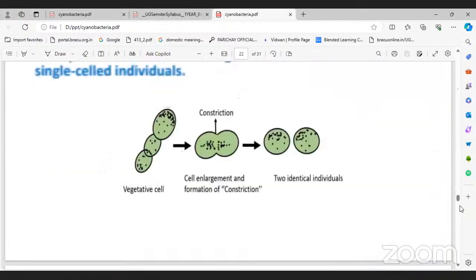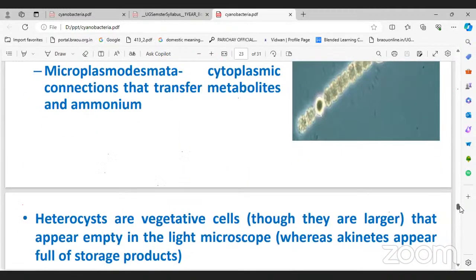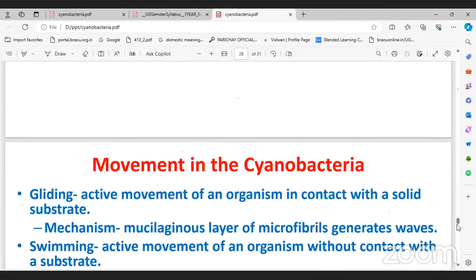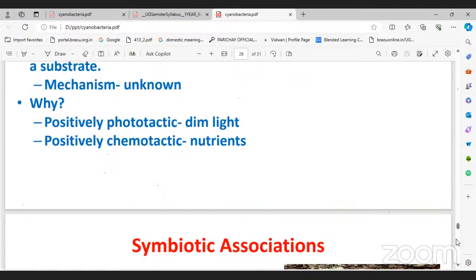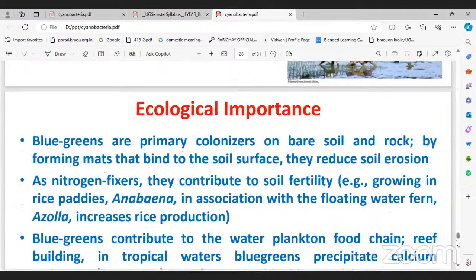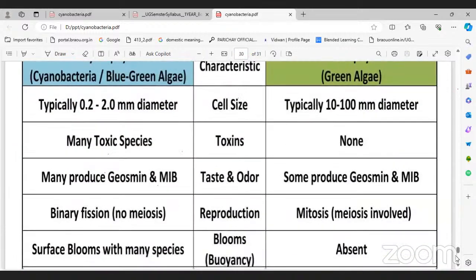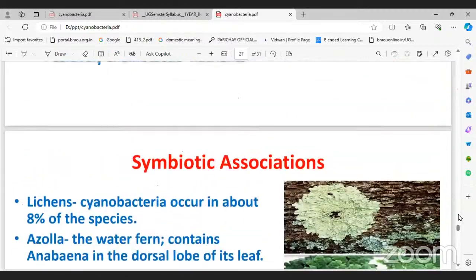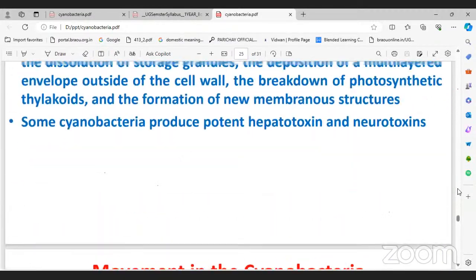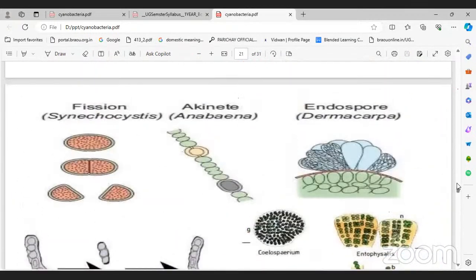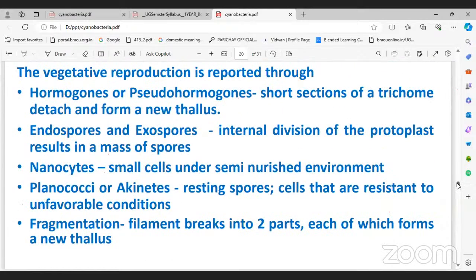And also we should learn about the heterocyst later. But before heterocyst, we will list the ecological importance, cyanobacteria production, cyanotoxins. Okay. Actually, they are not given, but where they given some sanatorium. Right here. So this is